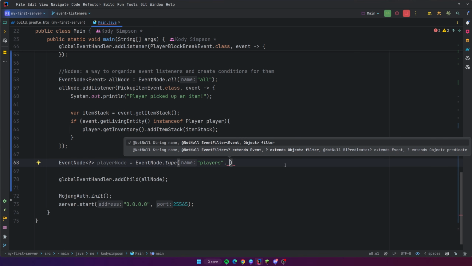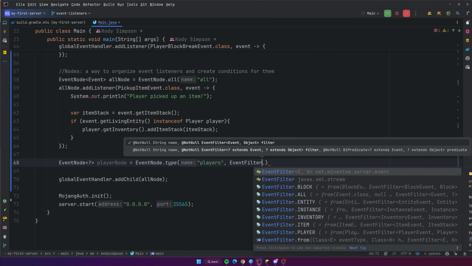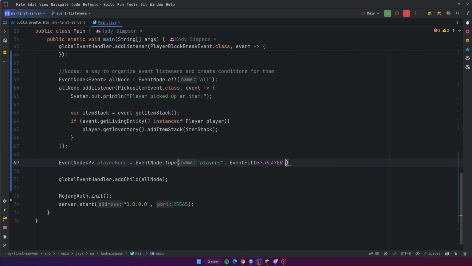For example, we can do EventFilter dot with these different options here. We have block, all, entity, instance, inventory, item, and player. These are all the main different event types that we showed before in the Java docs, if you remember. So if we were to set it to, for example, player, what this means is that this event node can only have within it listeners for player related events.